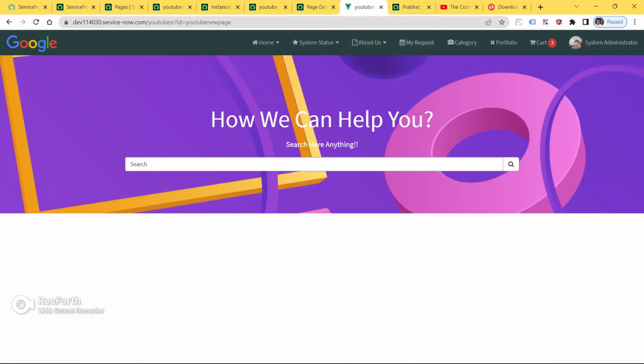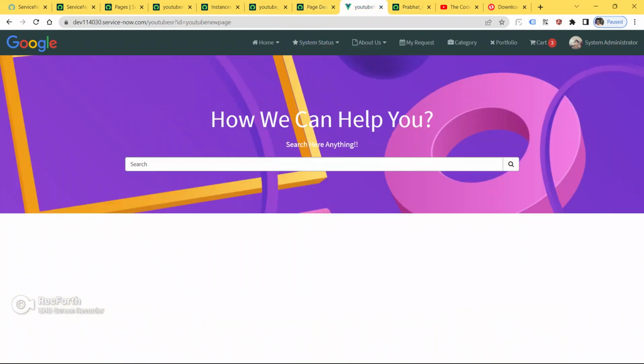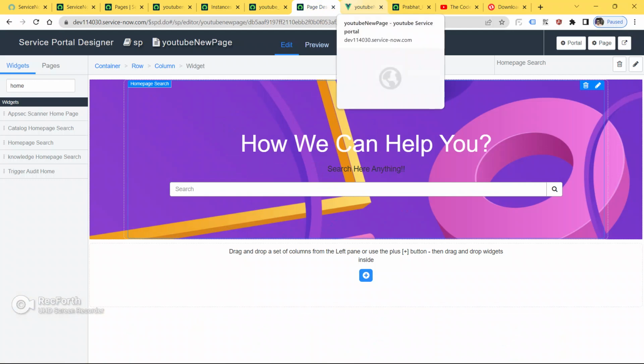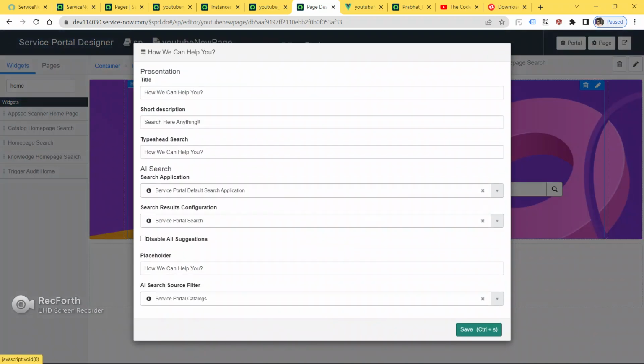Now we are going to make this like this. I'm going to put search anything here. Just go back, click edit. How we can help you?